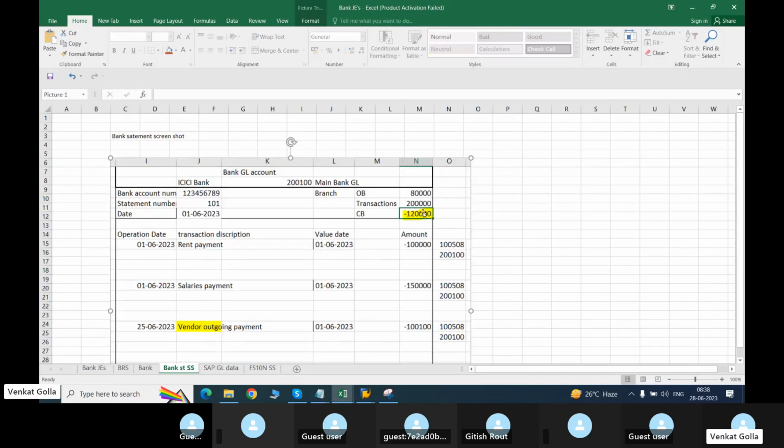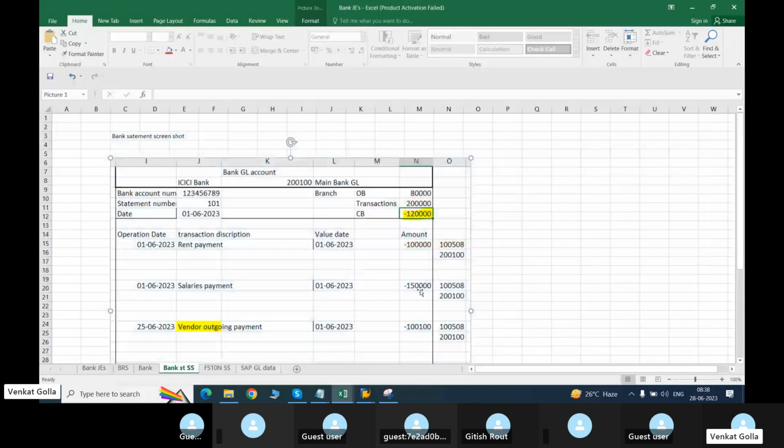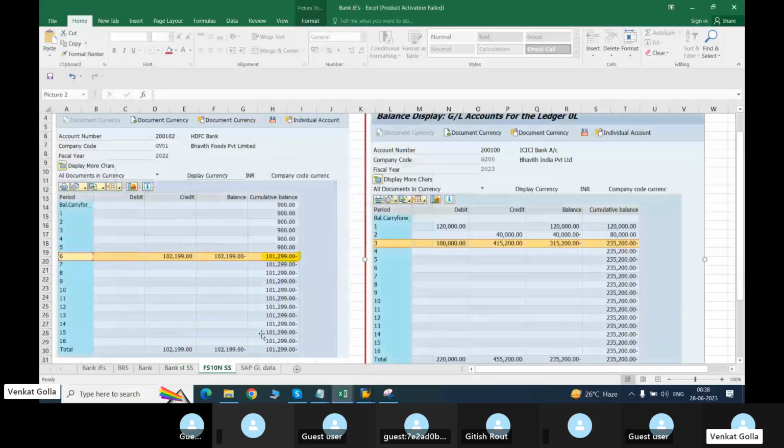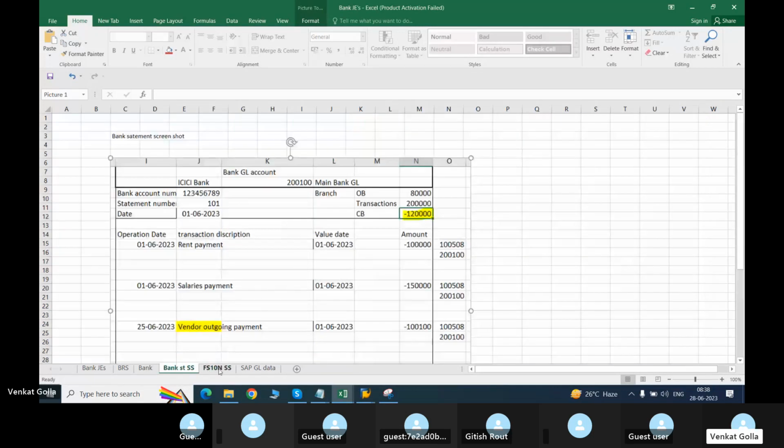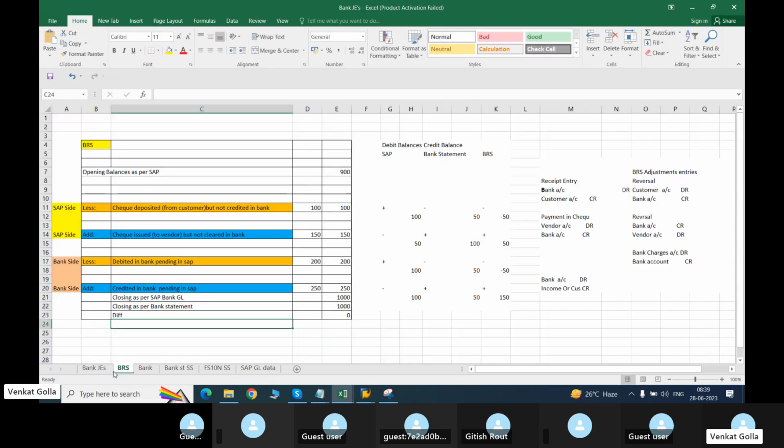Now here is the 1,20,000 as per the bank statement, we have 1,20,000 minus value. As per our SAP system, 2,35,000. The difference between these two, 235 minus 120, is 1,15,000. There could be reasons of today's transactions, you need to add it. Once you add today's transaction in this system, then the closing balance will be